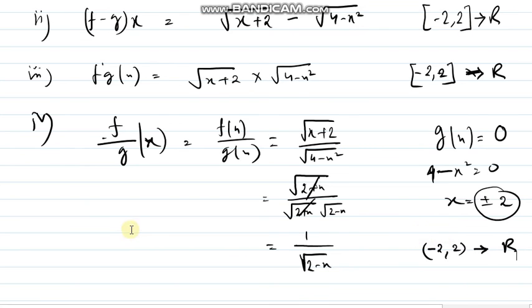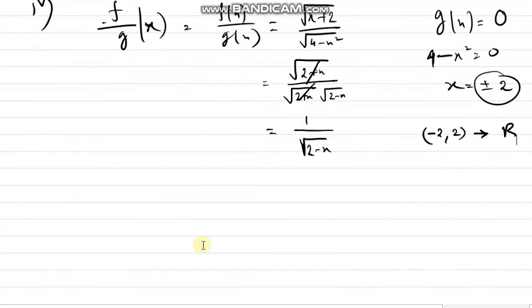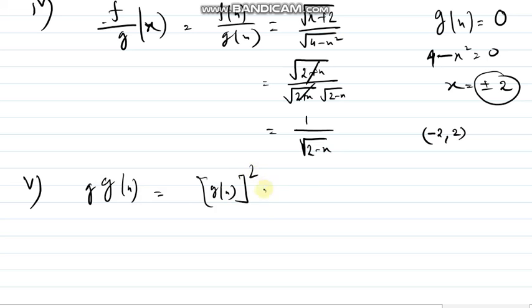Now what is going to happen for g into g? For this function, if you have to calculate the range, that will be huge, so we can't directly write it; we write that it belongs to the real number set. Only the domain we have calculated here. So now g of g(x) will be g(x) whole square itself. So it will be 4 minus x square, and again the same domain, x belongs to minus 2 to 2. Same thing. So I hope you understood this operation. If you have any doubt, please write to me in the comment box. Thank you.